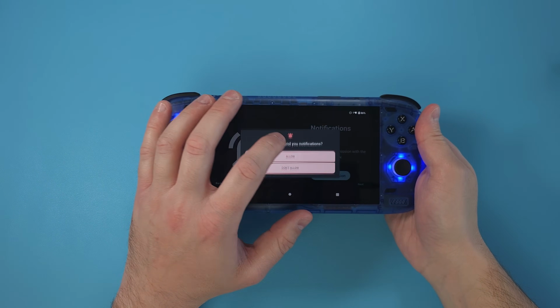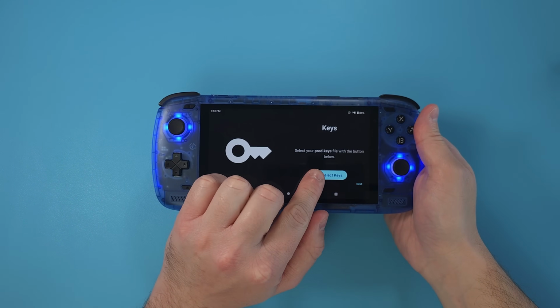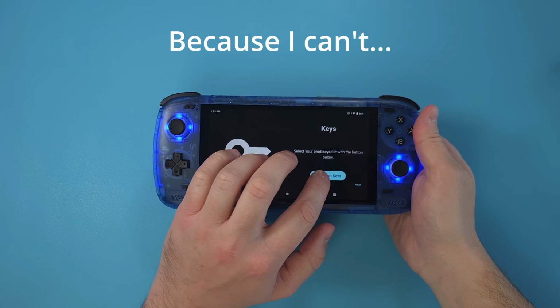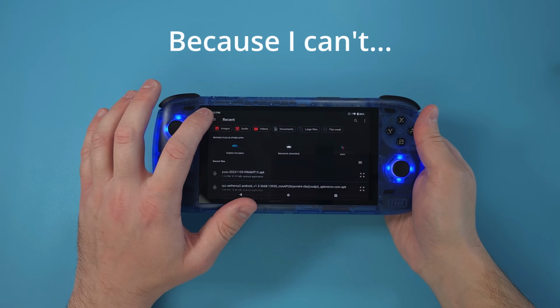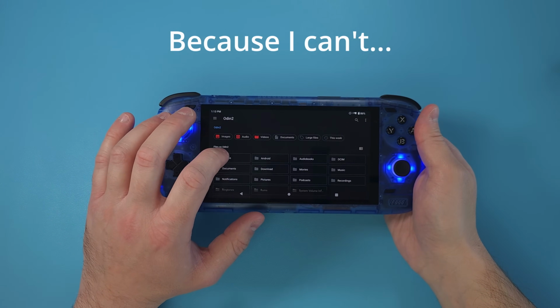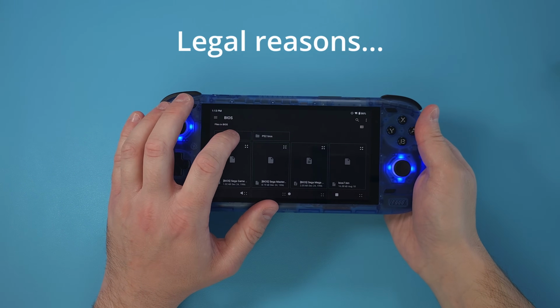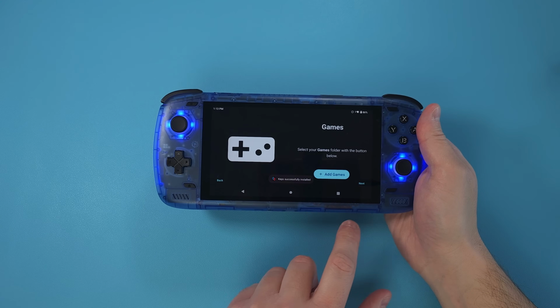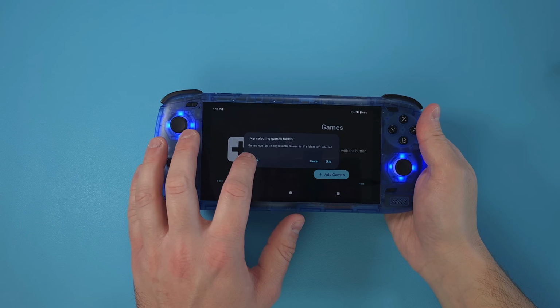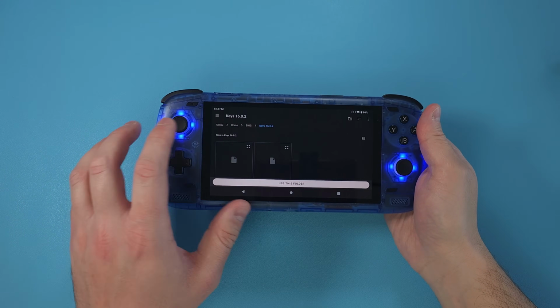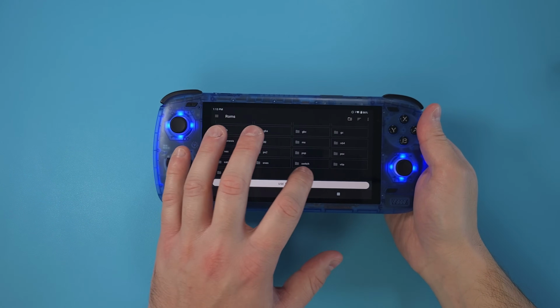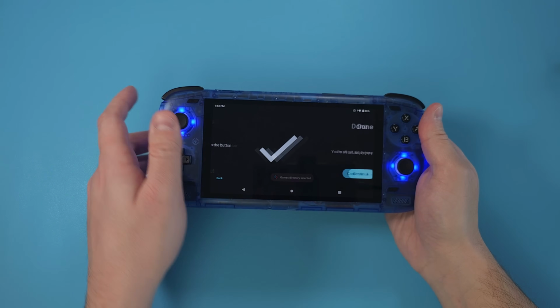We can grant permission for notifications. I'm not going to show you where to get prod keys. That's something you're going to have to figure out. Google might help you, but I have those. So I'm going to go to where I have my prod keys and select them. And now you want to select your games folder, which again, I have my ROM switch folder right here, and